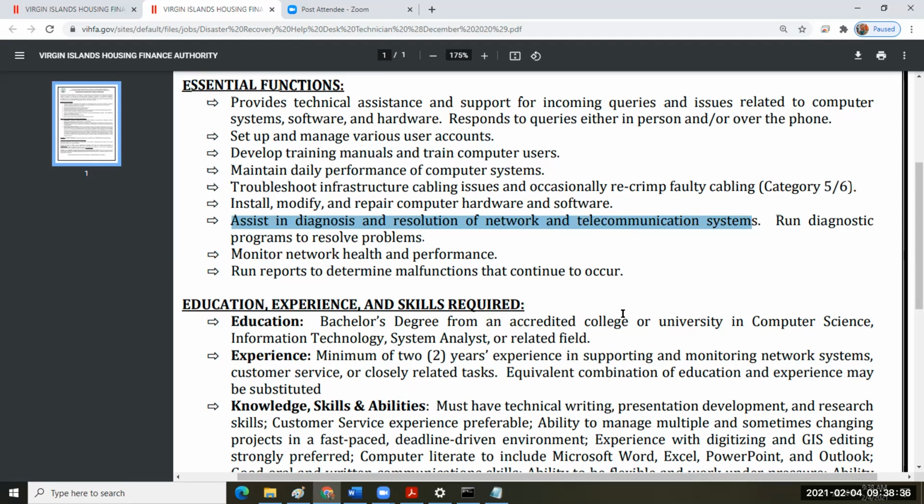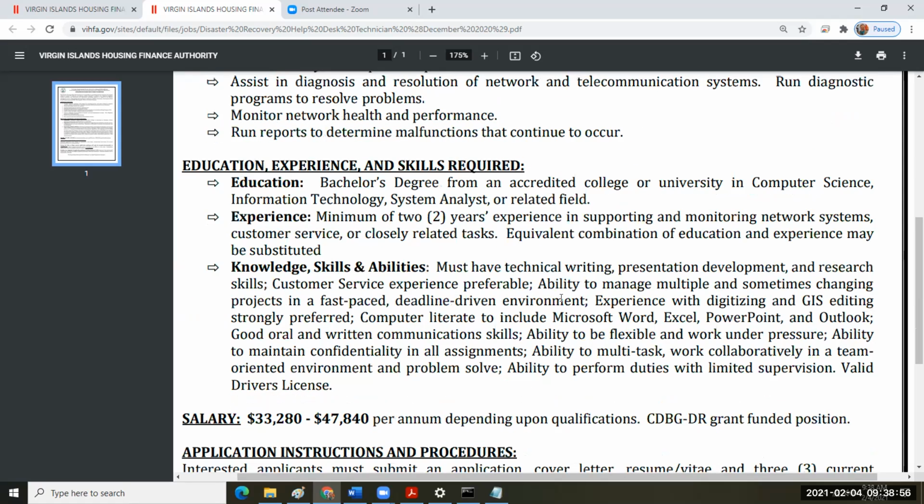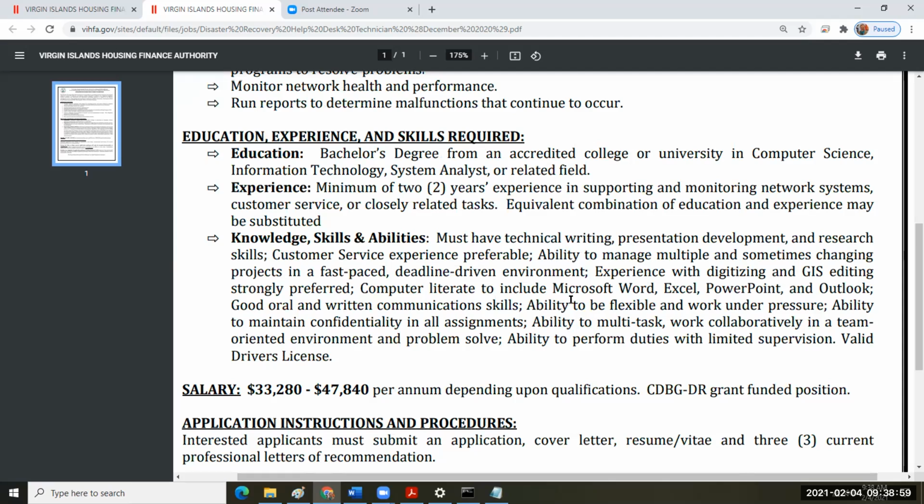Yeah, that's network forensics, a good component of it. Monitor network health and performance. Again, network performance, right? Now I know they're talking about occasionally recrimping faulty cabling, so right here they're talking about troubleshooting infrastructure cabling issues. That's hardware level. But in terms of knowledge, skills, and ability,